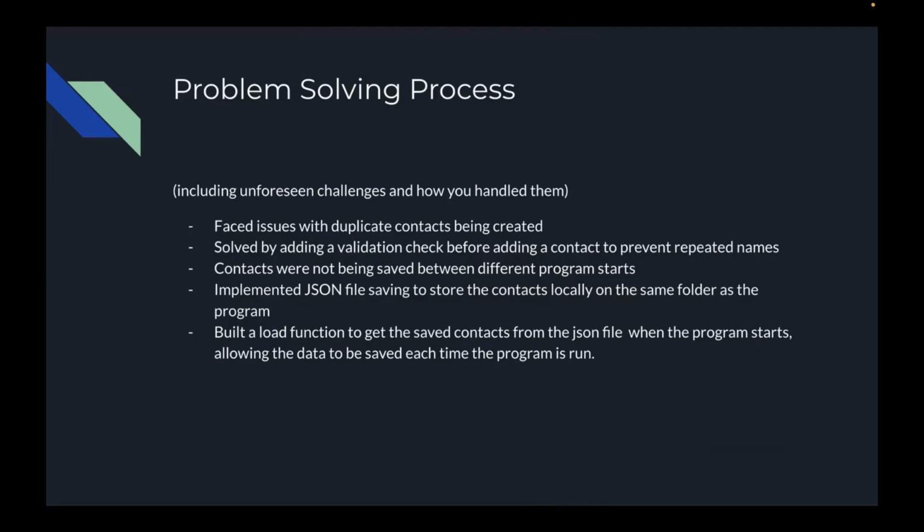If the contact is the same name that is within the system already. So apologies for the stutter. Another issue was that contacts were not saving between different program starts. We solved this by creating a local save function and a load function. The save function writes the contact data to a JSON file, and then the load function reads from that file